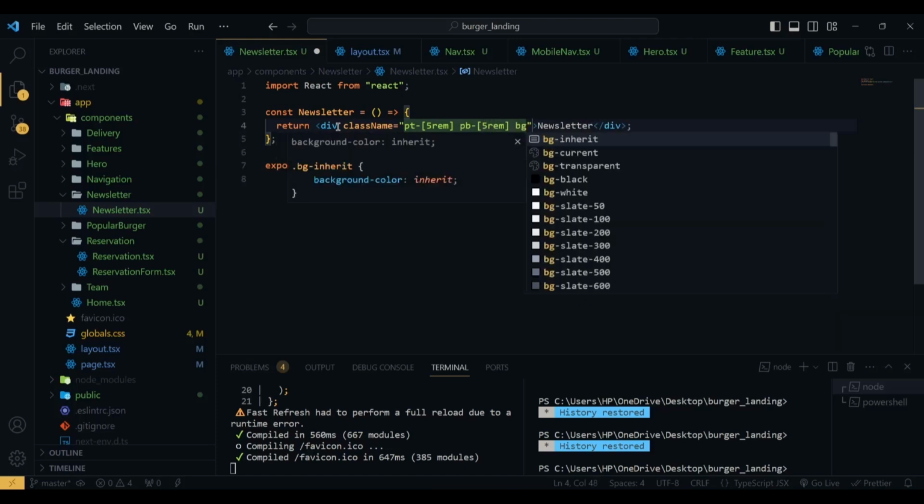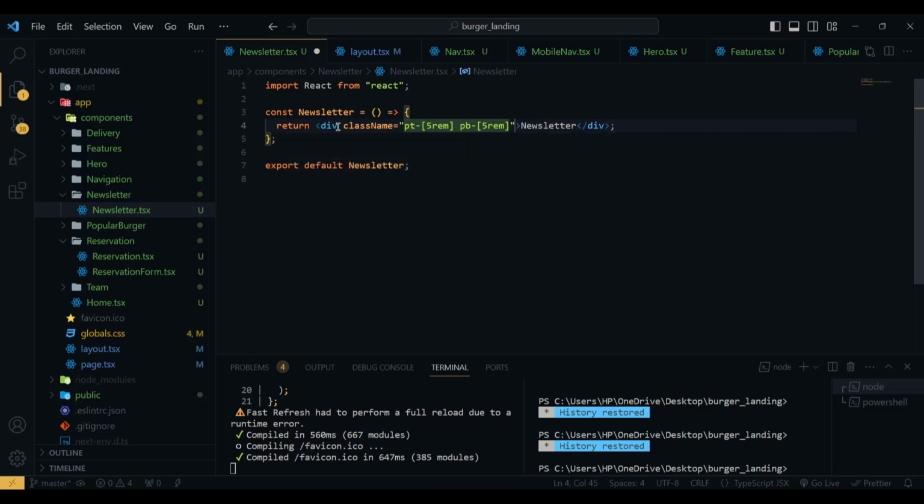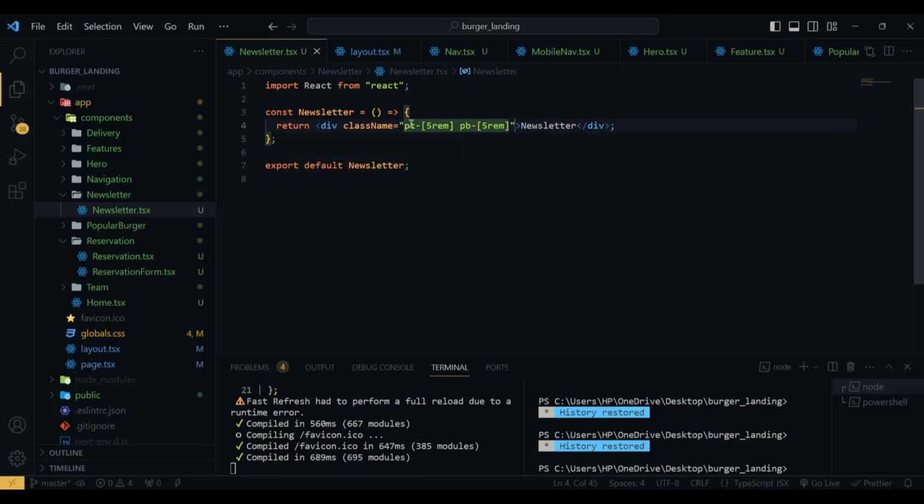Then inside this div we have another div, and this div has a class name of text center,